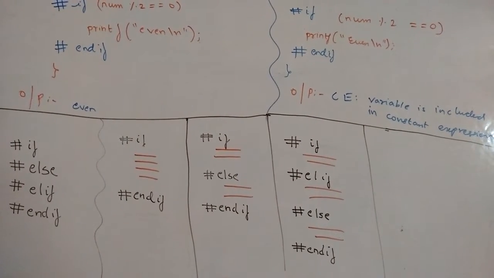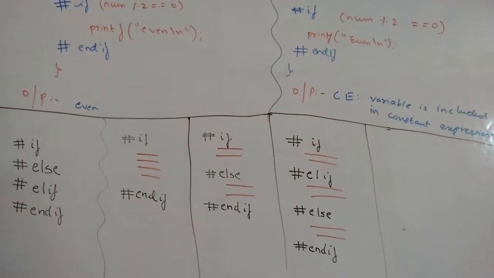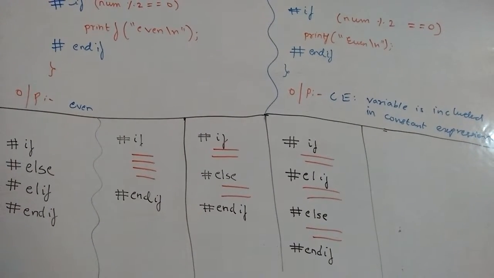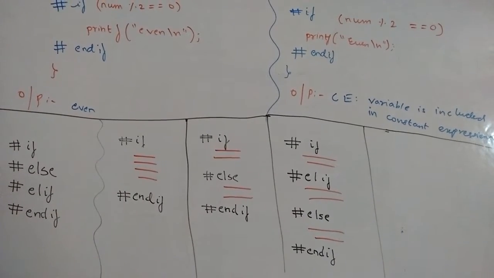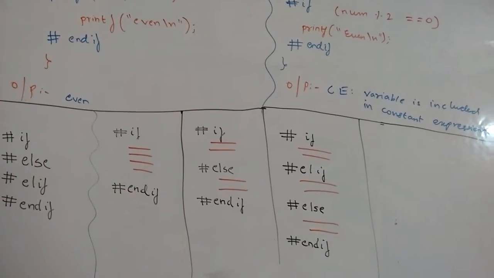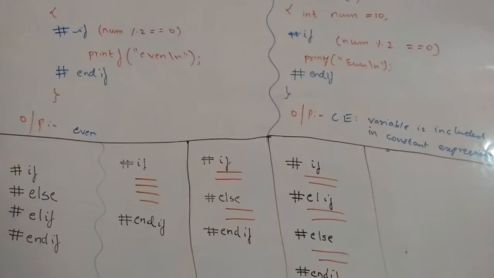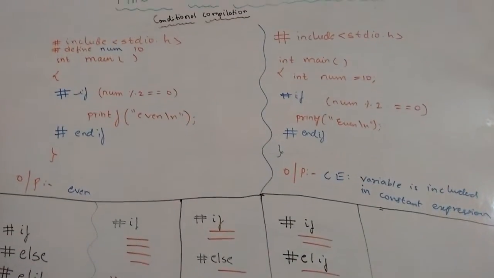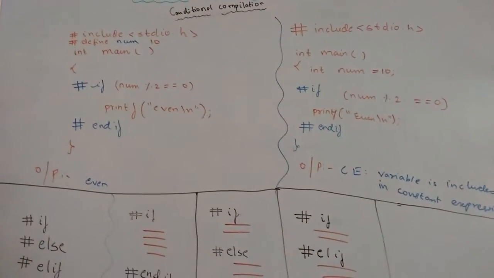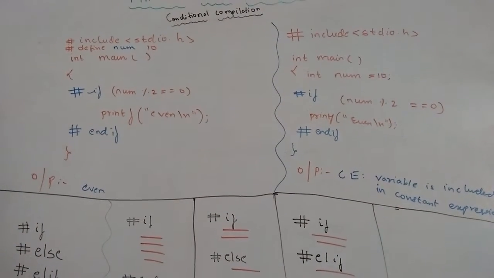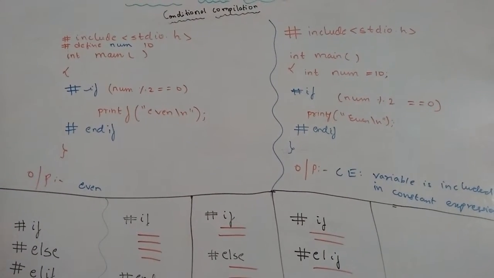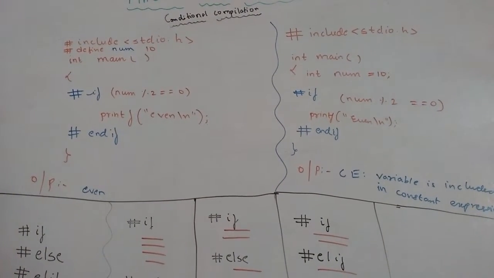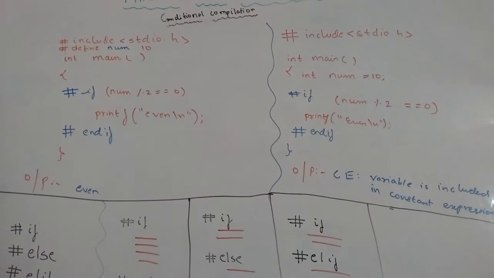Note that in all three cases, there is no requirement for using flower brackets anywhere, as we are using endif. Endif denotes the end of the if construct. I know the concept is not completely clear to you. That's why I have demonstrated it using a program. I would read it once. As the first program, as usual, I begin with hash include stdio.h, and then hash define num 10, that is, wherever num is there, replace it with 10,